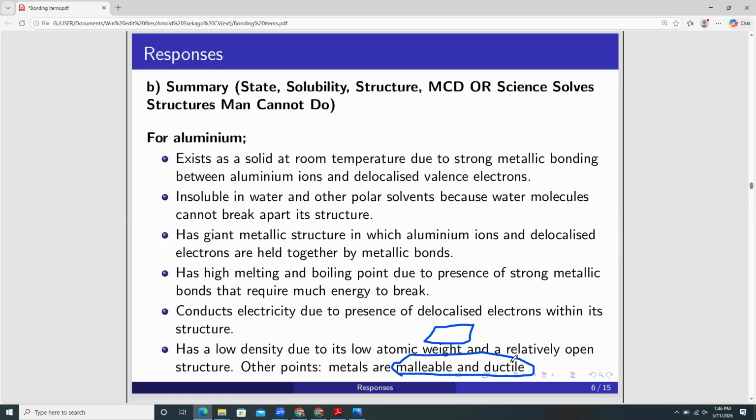Then ductility. Ductility is the ability to form a metal or to draw a metal into thin wires. For example, iron, converting it into iron nails, thin bodies. So why are metals malleable and ductile? So one can also say that aluminium is malleable and ductile because